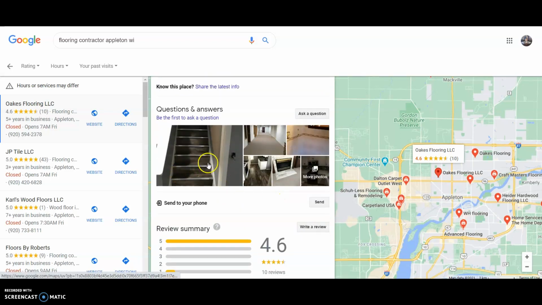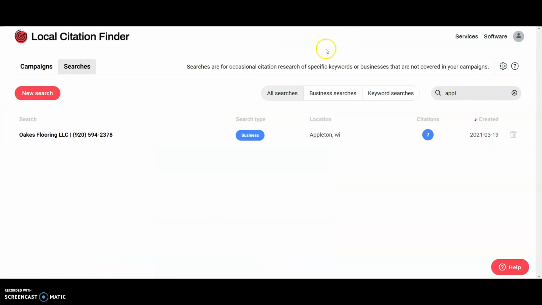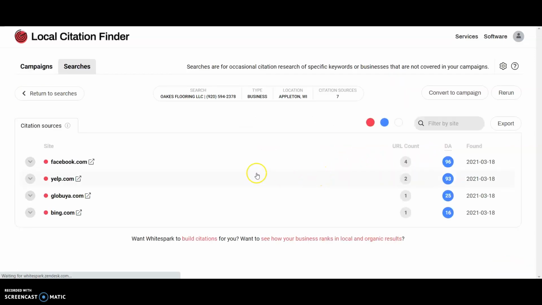Then for content for the Google My Business is photos. You want to make sure you get as many photos as you possibly can on your GMB. And then it's citations. So checking out this top guy, he only has 7 citations. Citations, there's thousands of them. It's just directories. You want to make sure you have your Google My Business name with your phone number and your location all exactly right when you put them into your citations. It's just Yelp, Facebook, all those things. You can find a whole bunch of them.